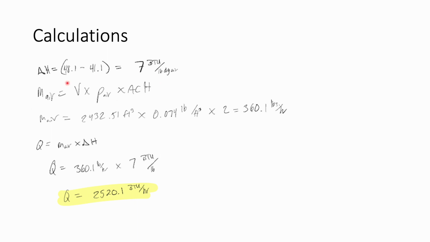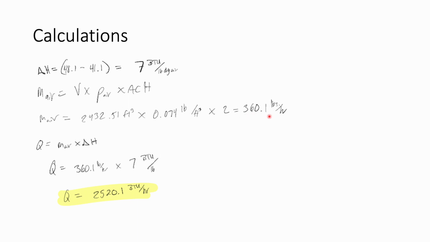To find the mass of the air at any given time, we multiply the volume, which was that 2,432, and the density of air, which I looked up for the temperature, is 0.074 pounds per foot cubed. And I assumed that the ACH, or the air changes per hour, was pretty good in here, just because the ventilation's pretty nice. So I chose two, or assumed it was two, and we get a value of 360.1 pounds